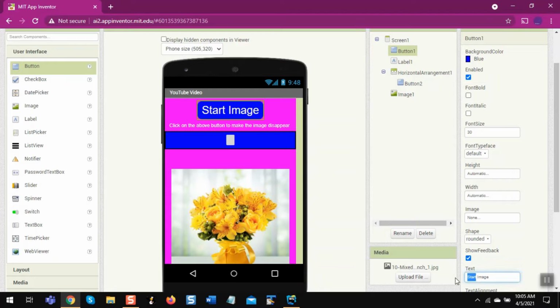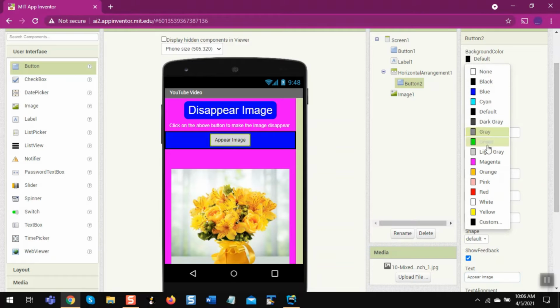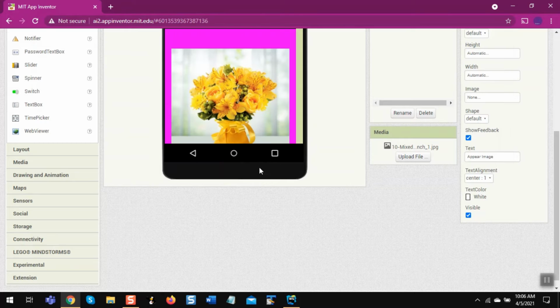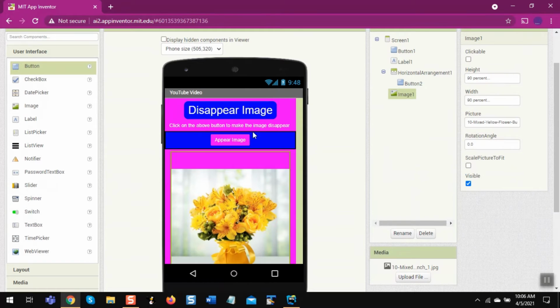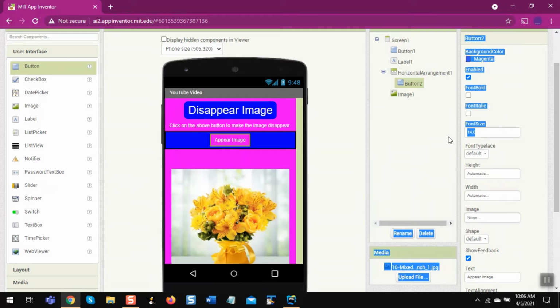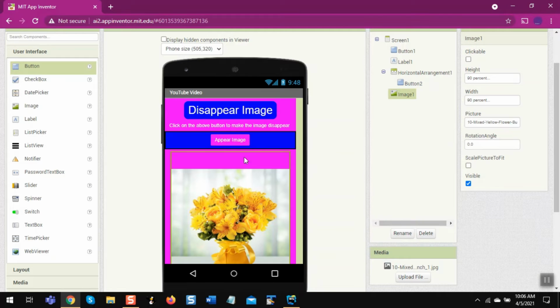This button should be disappear image, and this button should be appear image. Now you can change the background of it, like magenta, its text color to white, and its text size to 16. Okay, now this we have done.